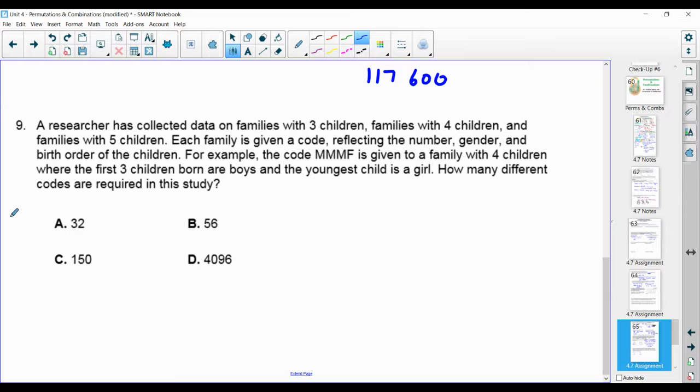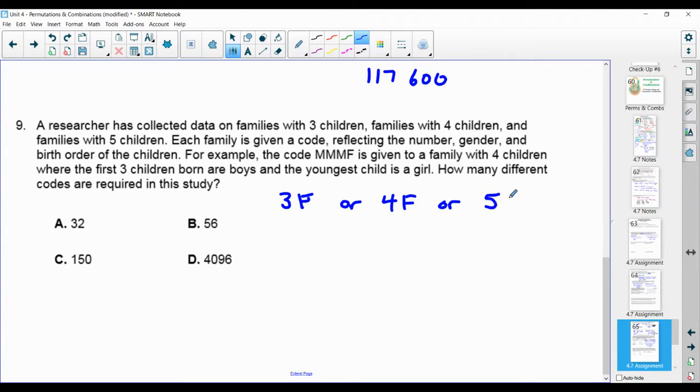All right, number 9, a researcher has collected data on families with 3 children, families with 4 children, and families with 5 children. Each family is given a code reflecting the number, gender, and birth order of the children. For example, the code MMMF is given to a family with 4 children, where the first 3 children born are boys and the youngest child is a girl. How many different codes are required in this study? Well, we're going to have to consider the codes for a 3-child family or a 4-child family